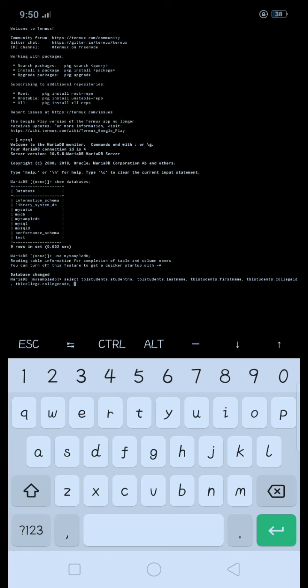Course ID will come from TBL student. So TBL student dot course ID, then course code. Course code will come from TBL course. So TBL course dot course code,